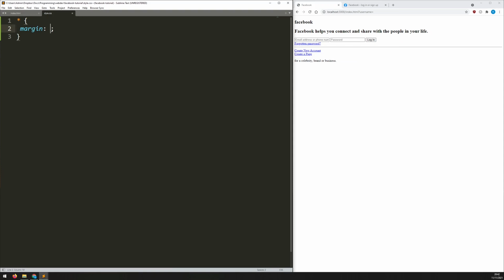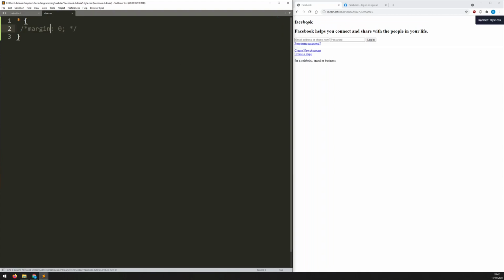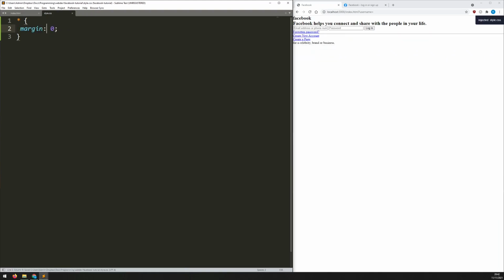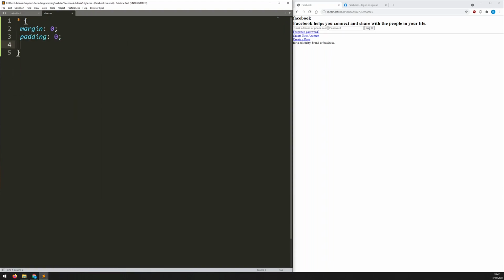So if I say margin is 0, notice when I save what happens to all of these. Suddenly everything is bunched up against all the elements next to each other. So there previously was a margin by default around all these elements, and they were spaced out, so each one of them has a different margin on its own. But as I set them all to 0, they're all just bunched up next to each other. So that's fine, that's what I wanted. I'll be able to adjust them manually as I go. I reset the padding to 0, and then I set the box sizing to border box. There we go. So that is some initial styling done, and now I can actually get to work on the